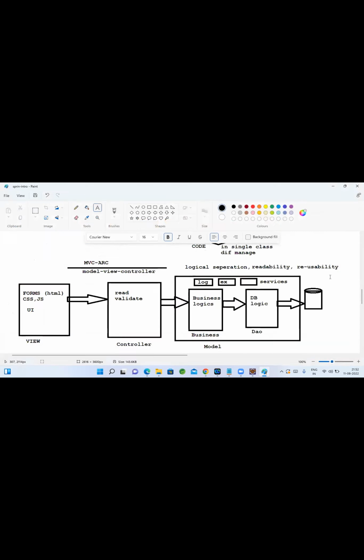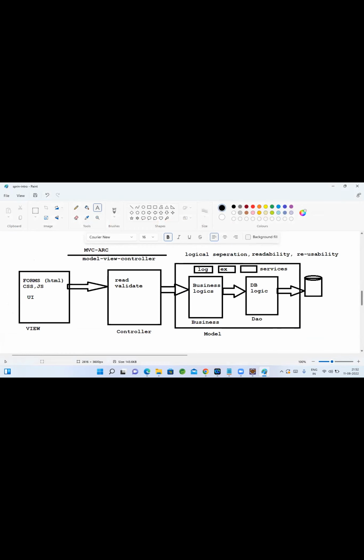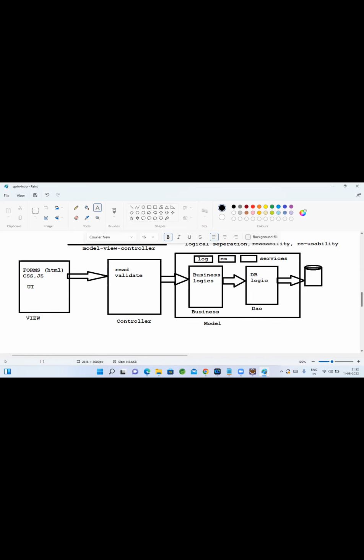So do we have any other architecture other than MVC? There will be MVC2, MVC3. There are many architectures, okay? Even in MVC, again, we will break it down between layers, and we include multiple other patterns. But on a very high level, this is the standard pattern that we use.